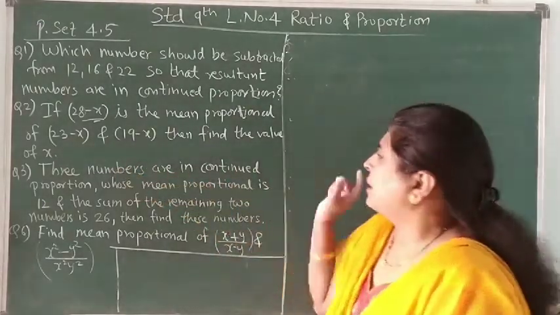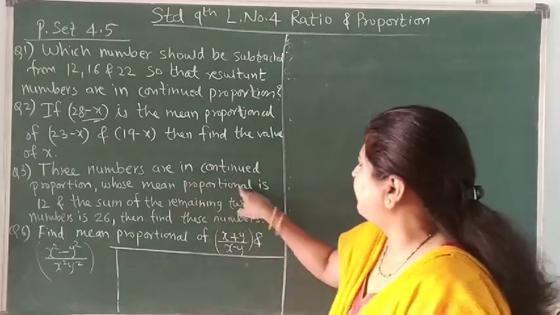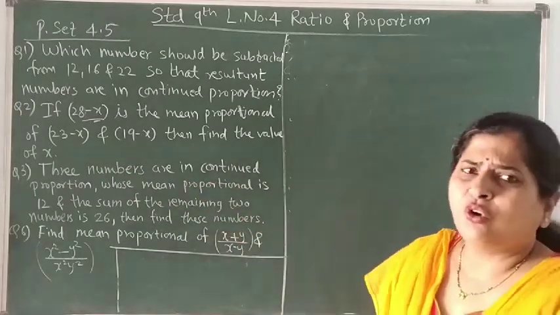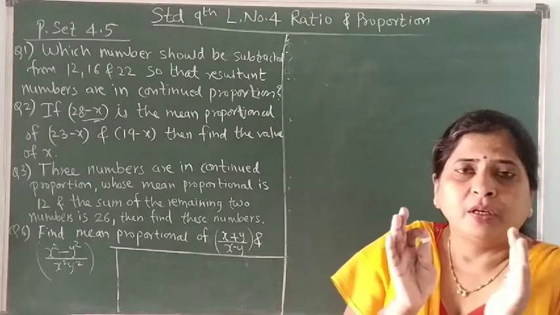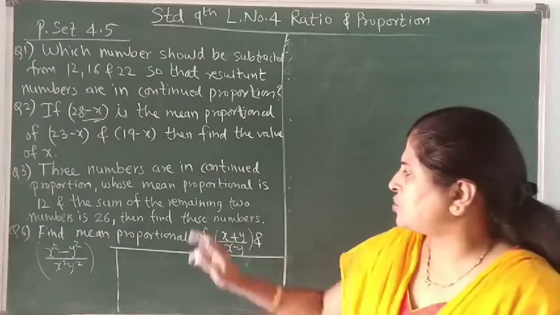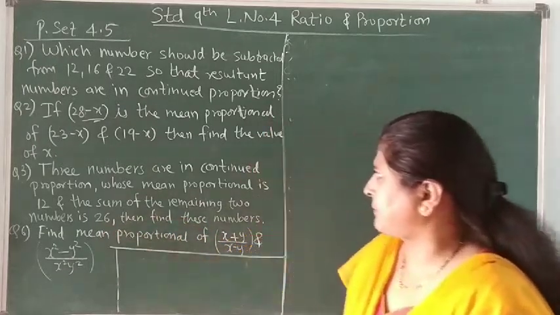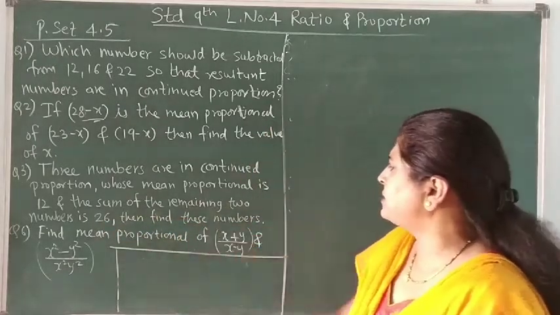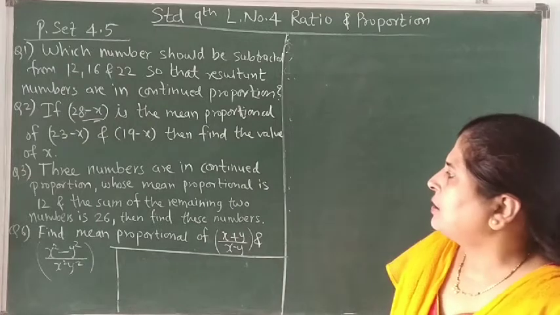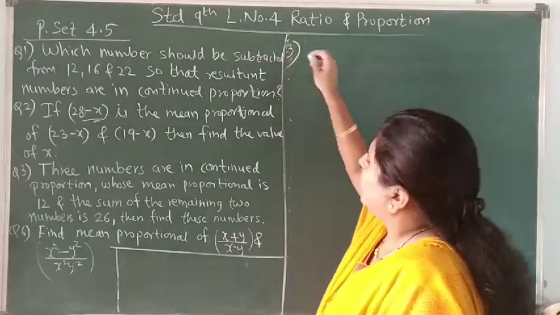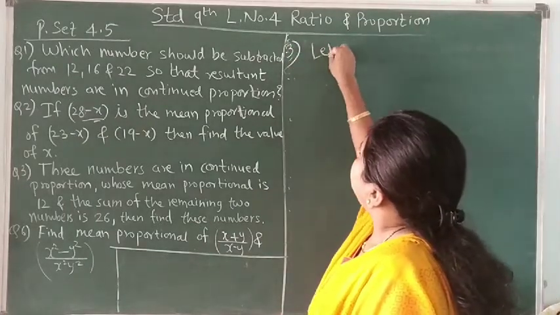Three numbers are in continued proportion whose mean proportional is 12. So the value of mean proportion, that is the value of B from A, B, C, is given as 12, and the sum of the remaining two numbers is 26. Then find these numbers. Okay, so here what is given to you is that let A, B, C